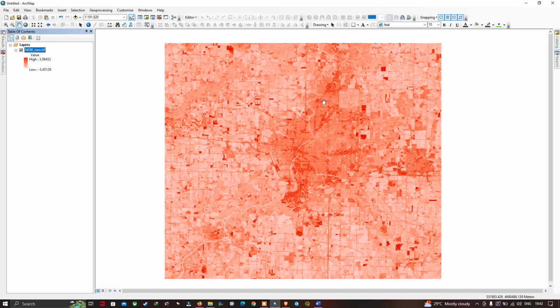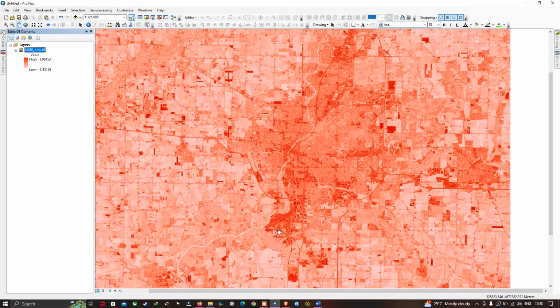You can observe that. You can visualize the different road networks. You can also visualize the non-urban areas, that is, you can see the rivers meandering towards these urban areas. So now you have observed the urban areas. In this video I have shown you how to download the Normalized Difference Built-up Index in Google Earth Engine and